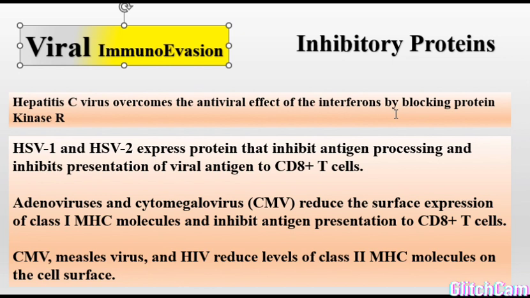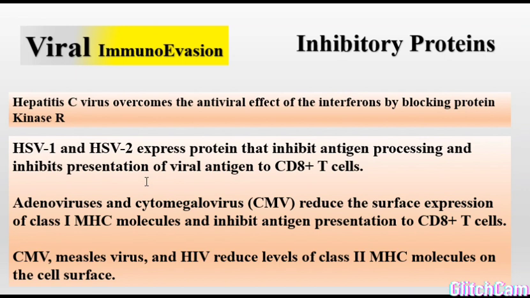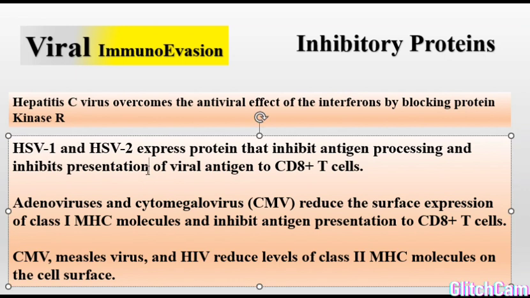And also Herpes virus type 1 and 2 express proteins that inhibit antigen processing and also inhibit presentation. And as can be seen here, this is a viral infected cell, for example, so the antigens are presented in association with major histocompatibility class 1. So now it will be recognized that this cell is infected by a virus. So some viruses, in order to abolish this or to hide themselves